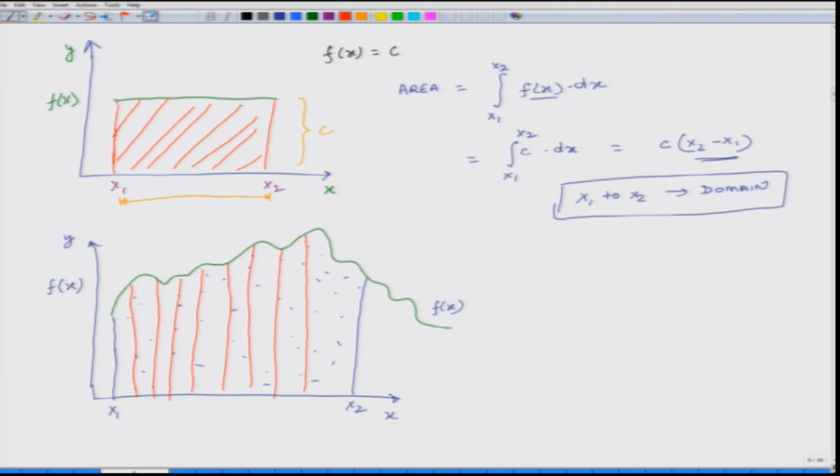So I break this overall area which we are trying to calculate into small slices. Let us say this slice is S1, this slice is S2, this slice is S3, and so on and so forth. So my total area